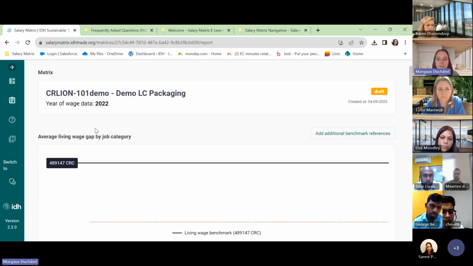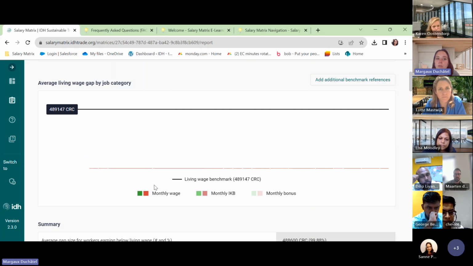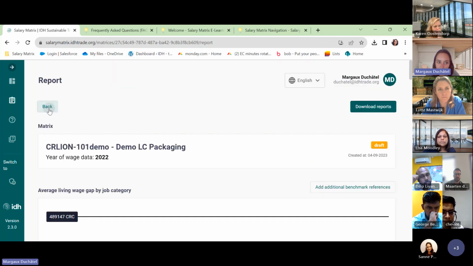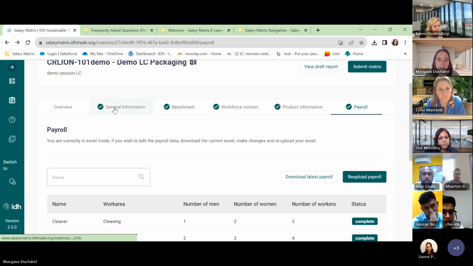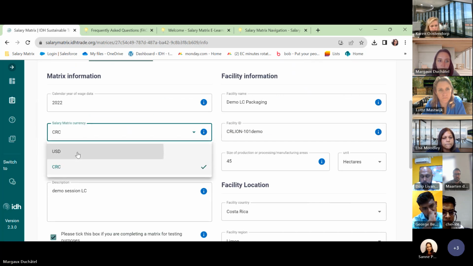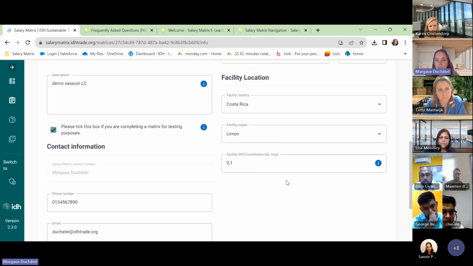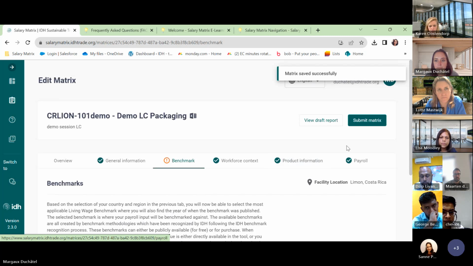Oh yeah, and here, for example, that's a great case, because you can see that my workers earn really little money. And the reason for that is because I selected the local currency, so Costa Rican currency, but actually my payroll is in US dollars. So what I can do is go back, go to general information, and here I can select the currency to USD, and they will say, hey, watch out, it will change. No problem, confirm change. I will say next, and then